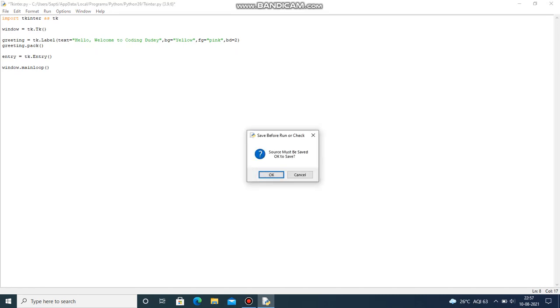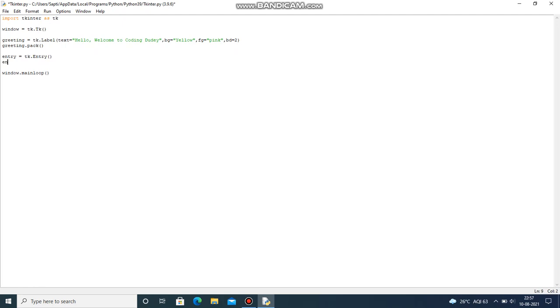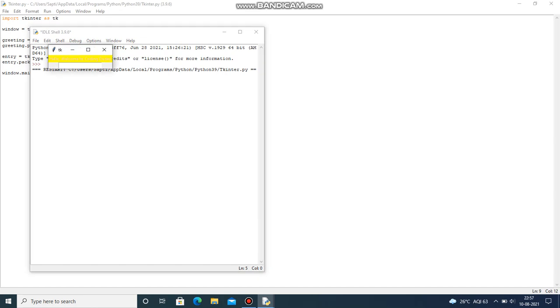Now let's give it to be empty. Now let's give entry.pack in the step of packing it. Now let's press F5 and see how it looks. You have got an entry, right?